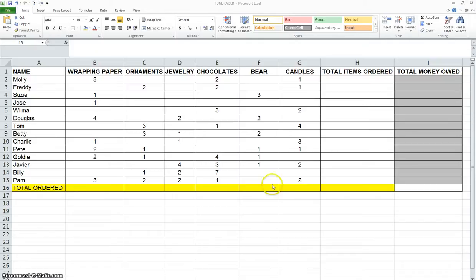Task 1, we want to figure out how many items each person ordered. So here's our customer list, and we want to know how many items each person ordered. We're going to click over here in H2. There are 2 methods you know that you can use to have Excel figure out how many items Molly ordered. Method 1 is if you click after the FX,